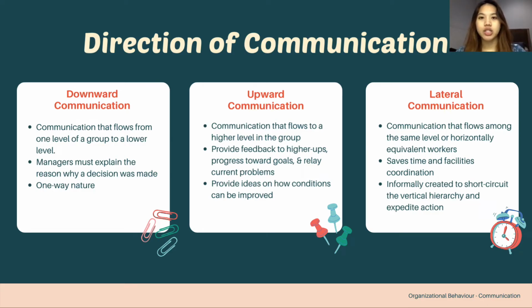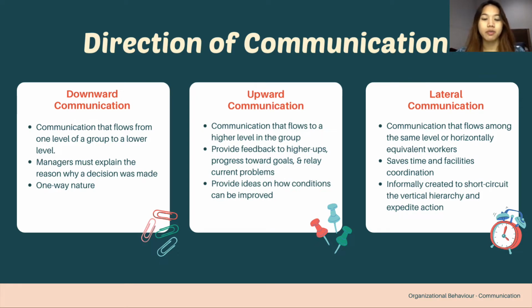So direction of communication is divided into two, which are vertical communication and lateral communication. Vertical communication includes downward communication and upward communication. So downward communication is a communication that flows from one level of a group to a lower level, and the group leaders or managers use it to assign goals, provide job instructions, explain policies and procedures, point out problems that need attention, and